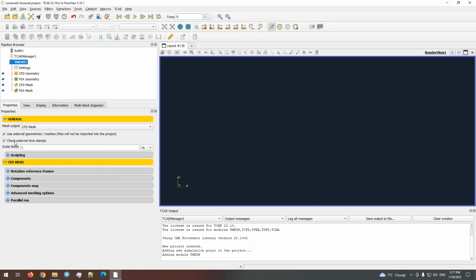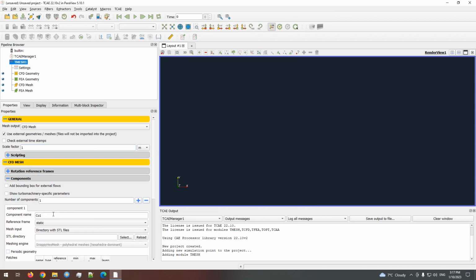I don't want to have it here in the optimization, because each optimization loop will recreate the STL, so it will be up to date all the time for each optimization loop. Scale factor means just what the input units are. And now let's go for